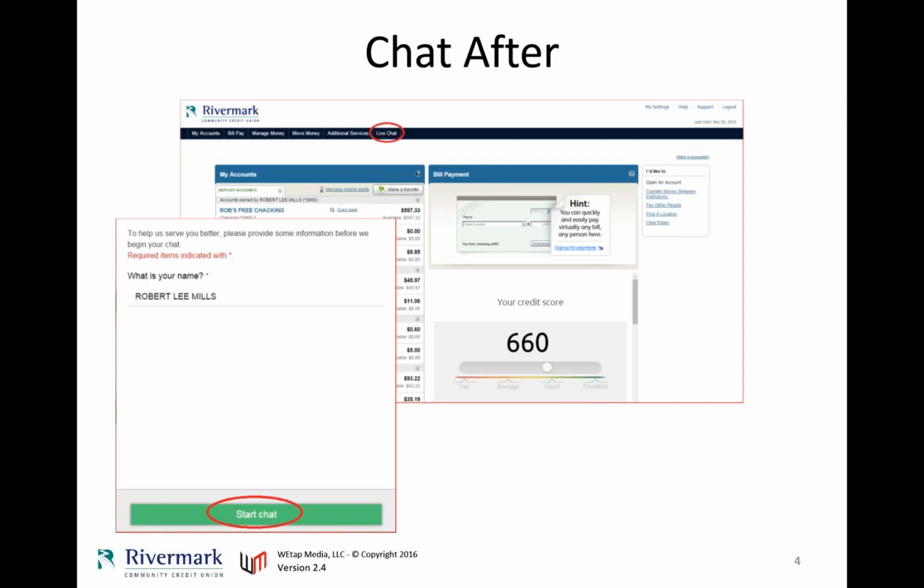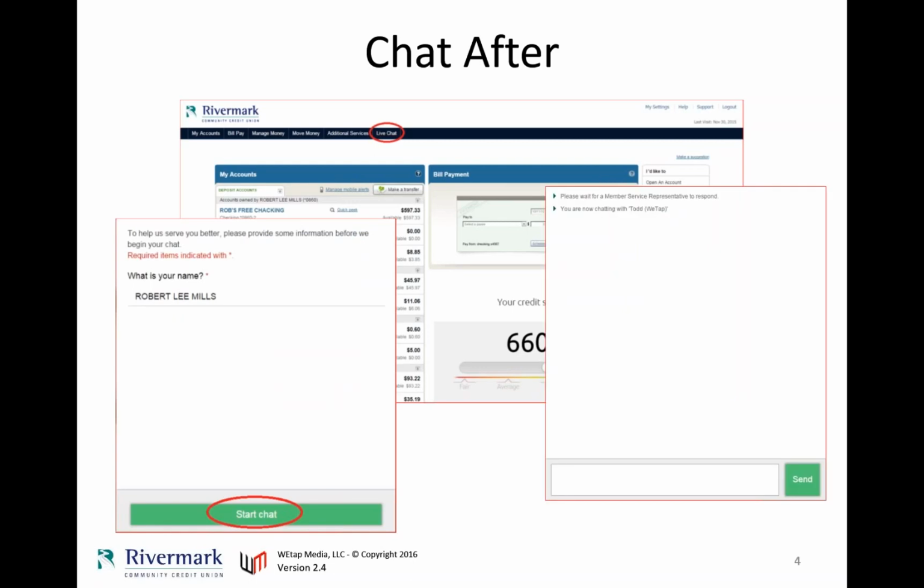And let's be careful here. We chose to do this second screen only because we wanted consistency between our home banking and our www website. If we had chosen to, we could have skipped this step and gone straight to the next step, which is getting you straight into chat. We just chose to put the interim screen in between because when you come in from our www website, we